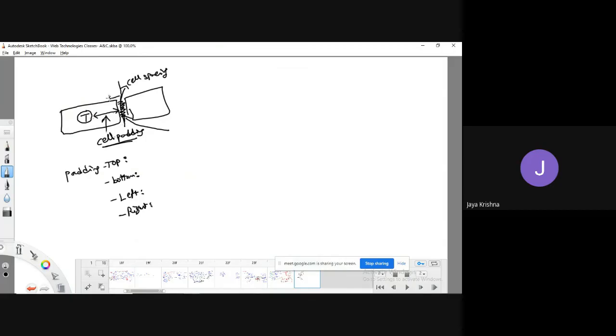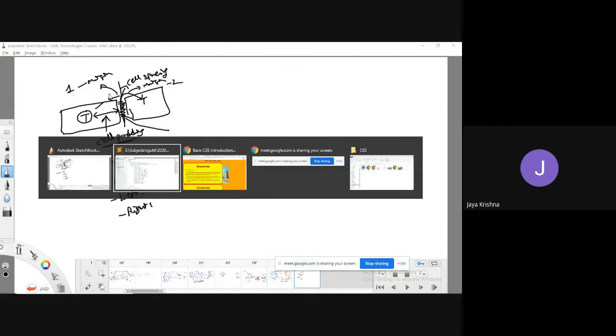First half is with respect to this first cell, and second half is with respect to the second cell. So this first half, which we call it as a margin, and this second half, which we call it as margin of second element. This first half is with respect to margin of first element.